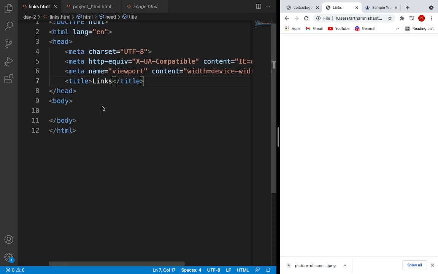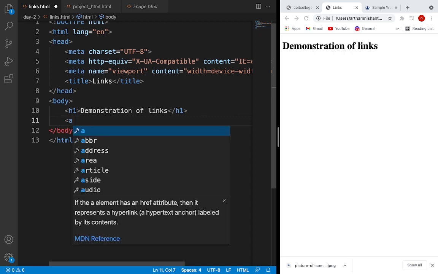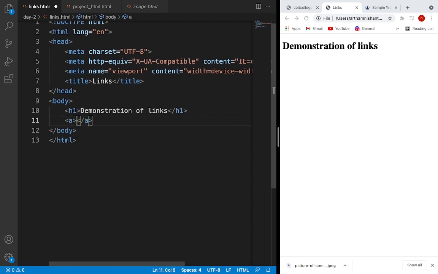Now let's start our body. Let's give an h1 tag saying version of links. Yeah, so it's working. To give a link, we have to create an a tag,